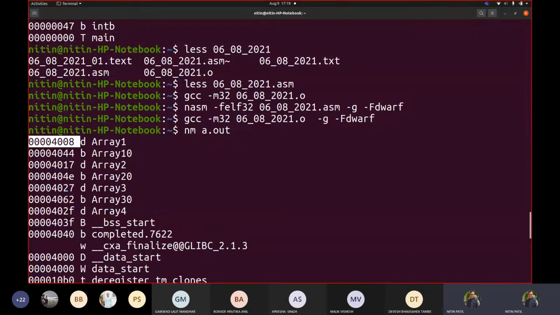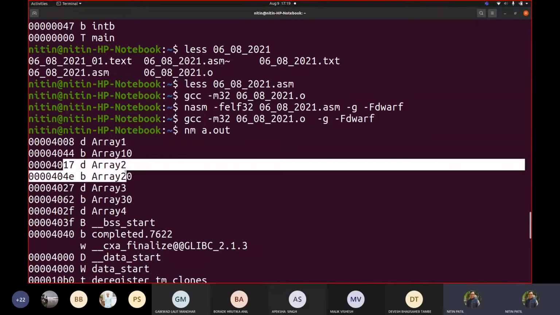So these elements are added here, but they are now having different addresses generated altogether. So if I start from 8, 9, 0A, 0B, 0C, 0D, 0E, then 0F, then 10, 11, 12, 13, 14, 15, 16. So if I go with 15, the next number would be 17. So if I add 15 into hex 8, it would become 17. So that's why your array 2 starts over here.